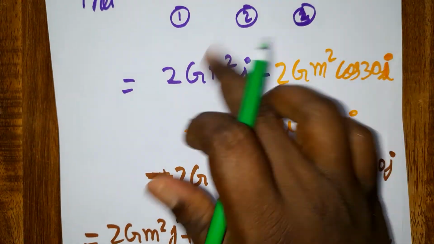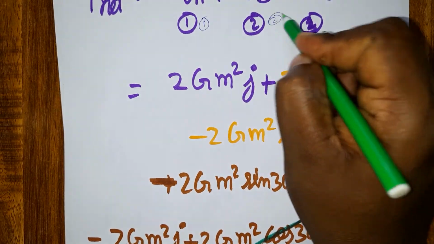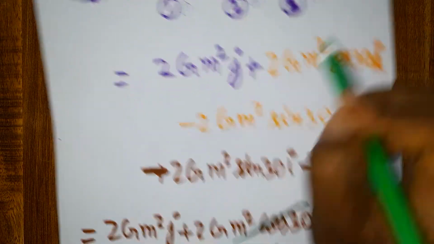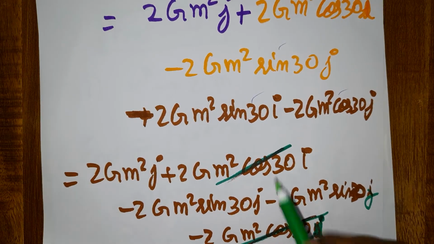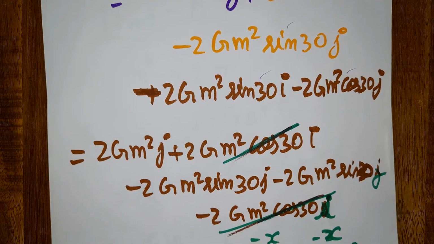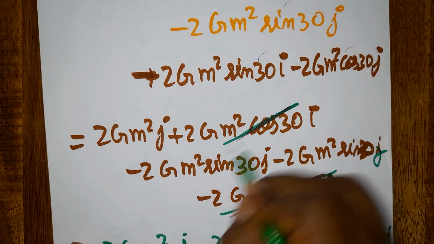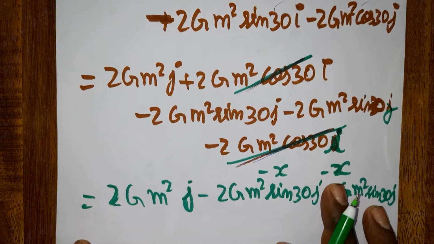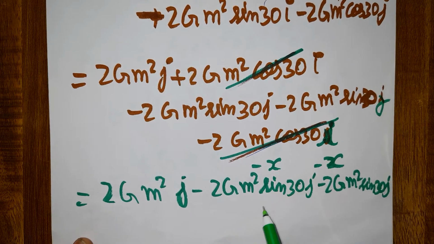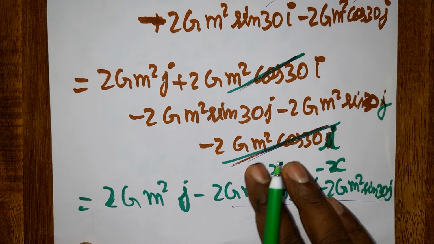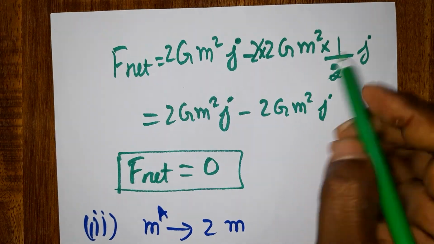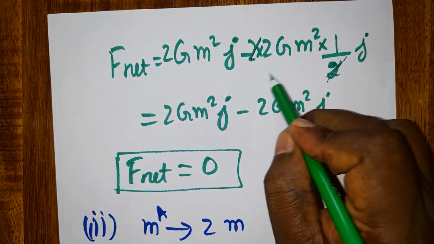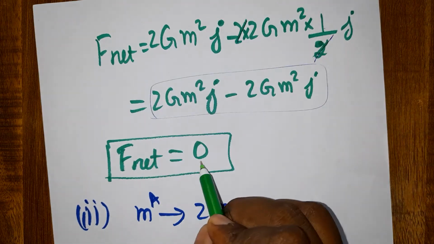Now I take the total force. Totally here there will be one term, here two terms, and here two terms, so 5 terms: 1, 2, 3, 4, 5. Out of these, 2 will get cancelled, plus cos theta and minus cos theta will cancel. Only the remaining terms will be there, so I will write them here. So x minus 2 times x. Minus 2 times x with sin 30 as 1 by 2, so this 2 and this 2 get cancelled, and the answer will be 0.